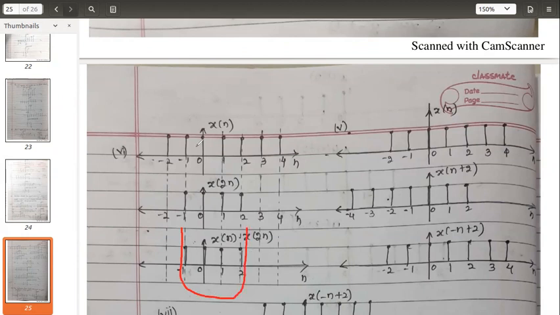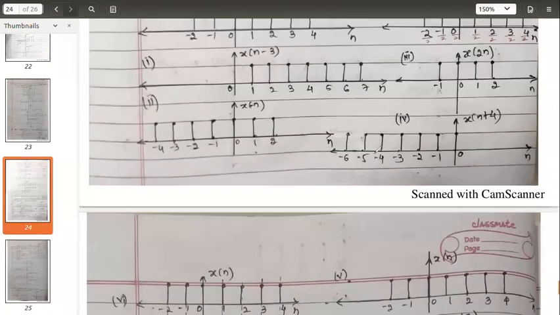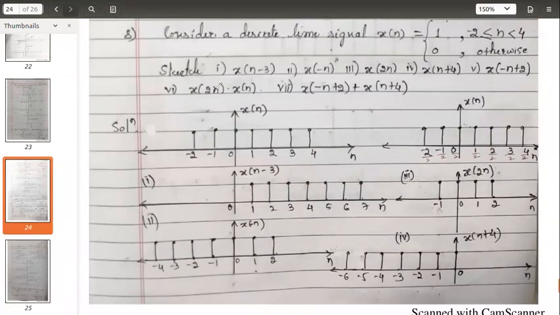Only between this limit of time, between -1 and 2, your product will exist. Before this, you have 0 here and you have 1 here. You have ones here, you have 0 here. Because it is multiplied with 0, there is no value on both sides. Okay. Then coming to the next sub question, as I said, I have completed this.